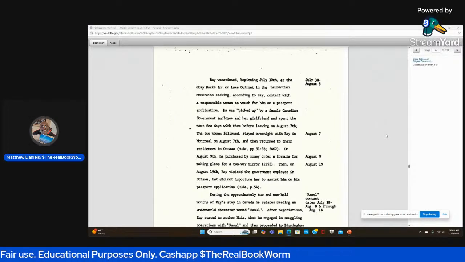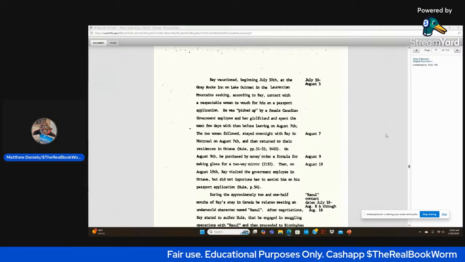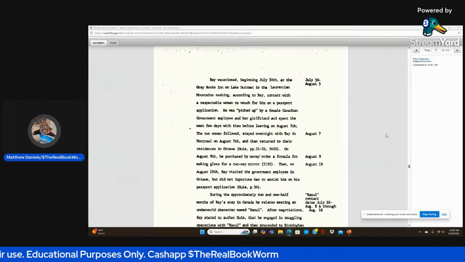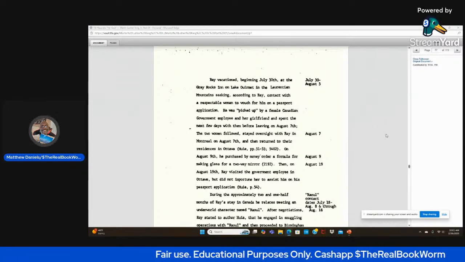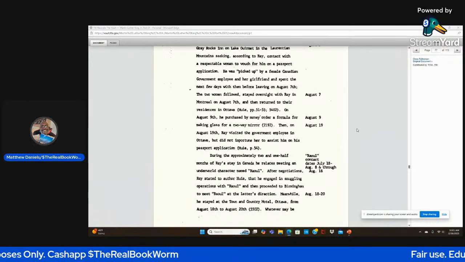Now that's odd that they would say that he was picked up by a female Canadian government employee. This man that is an escaped convict, and this man who they say just robbed a store for $1,700. This guy is in contact with a female Canadian government employee. The plot thickens. The two women followed, stayed overnight with Ray in Montreal on August 7th, and then returned to